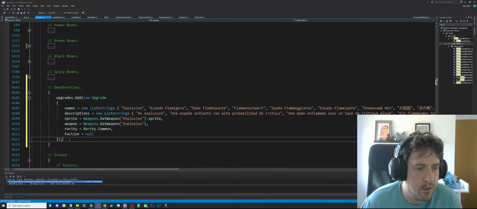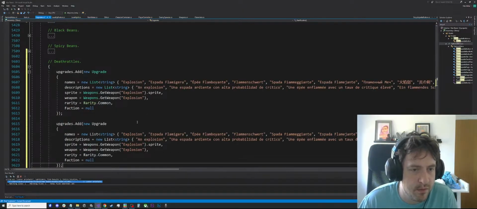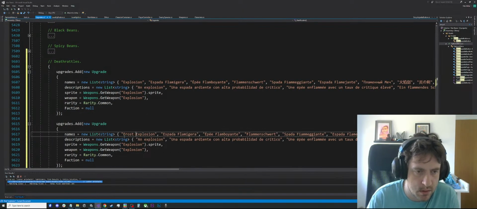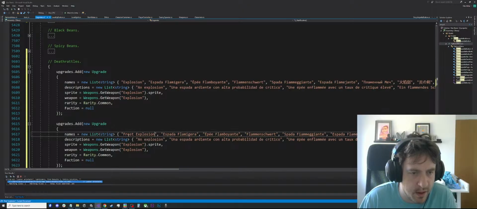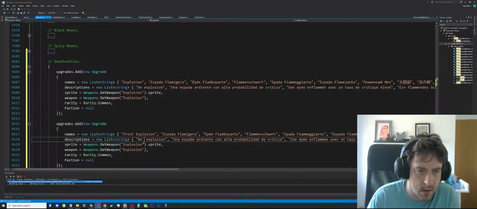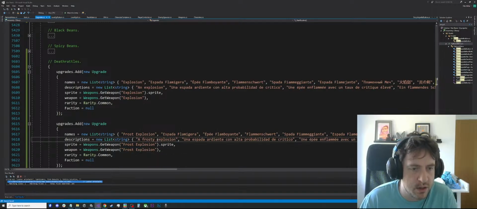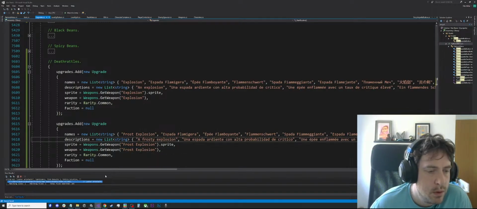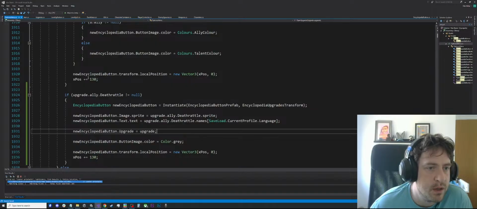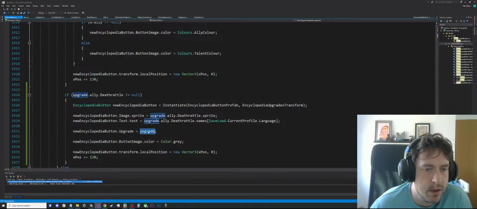And then we just have another one, as long as it shares the name of Frost Explosion. As long as it shares the name of the thing. Then we should be able to navigate to, okay, so then in options menu, so here, if the death rattle upgrade equals